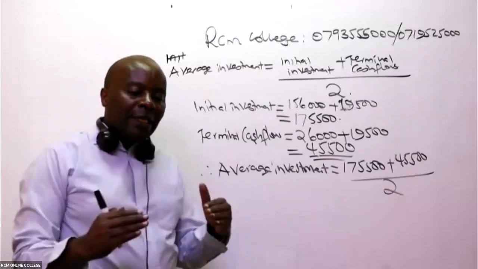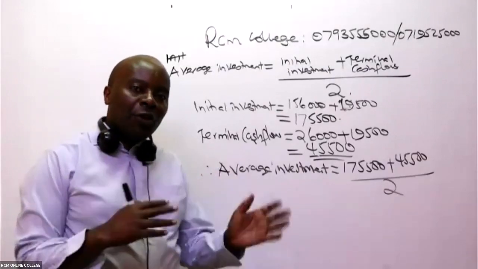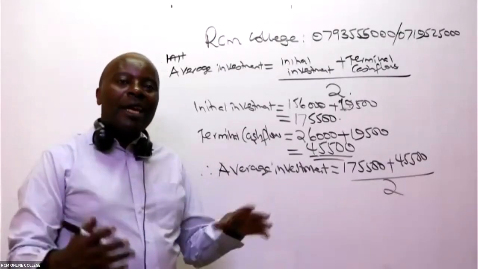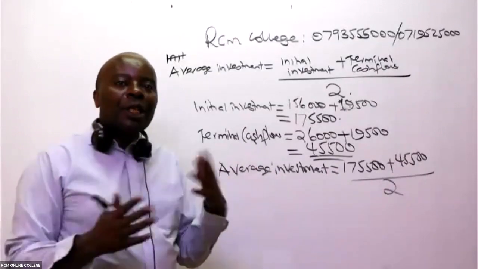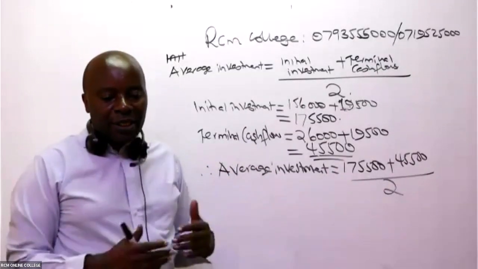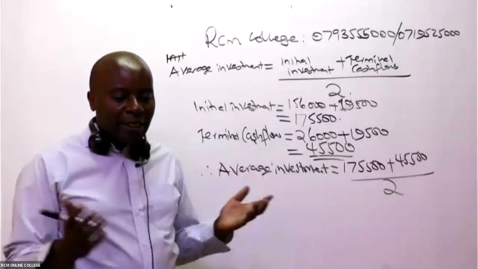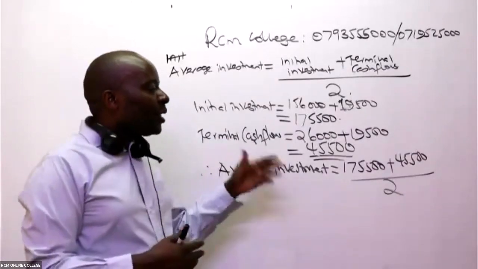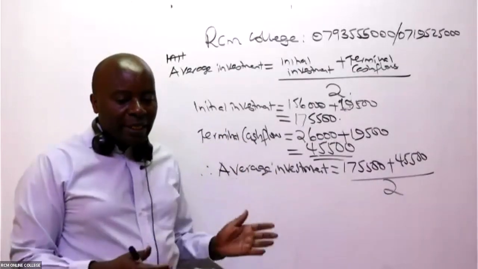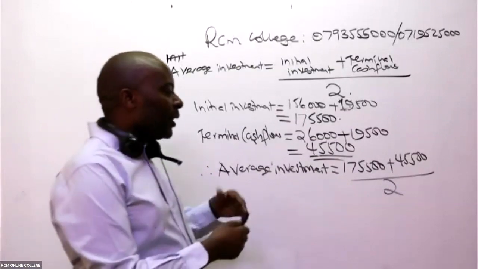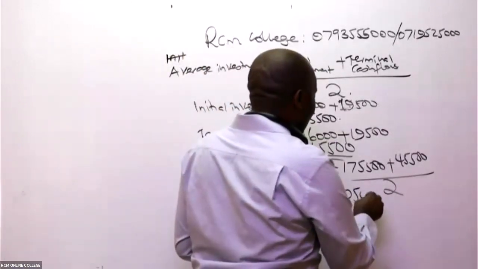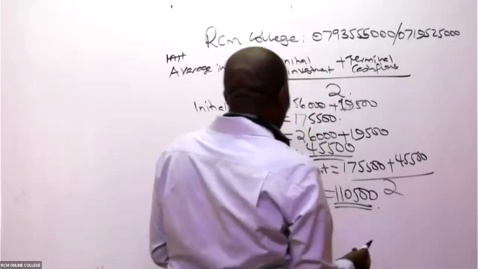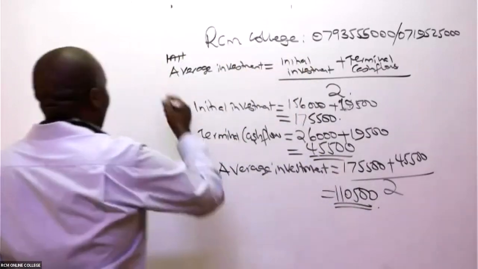So you will not get the same answers, but either way will be right. Because remember, finance is something that is really evolving. So there are so many disputes; at times scholars are disagreeing. Either way, these two methods make sense. Of course, you'll not get the same answer, but either way, you will be correct. So in this case, we have here 110,500. And then, of course, if you're using this approach,